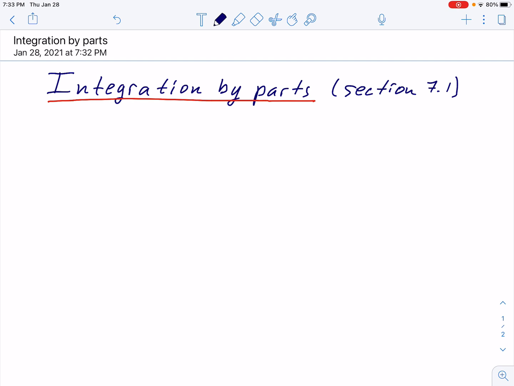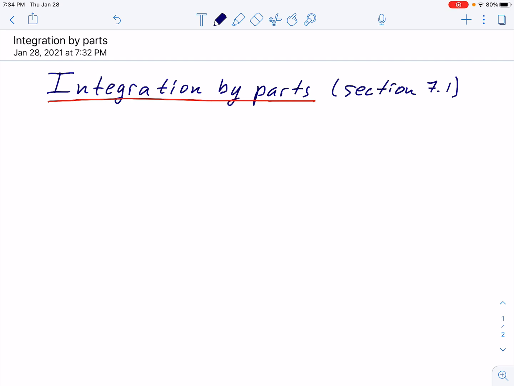Today we shall study a special technique for integration called integration by parts. This is the beginning of chapter 7, section 7.1. Very effective, very powerful technique, which actually presents something like product rule for integration. We have product rule for differentiation, and now using it, we derive this